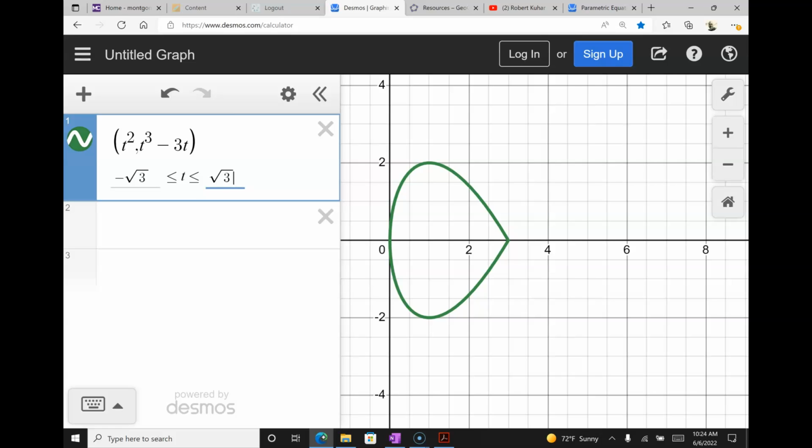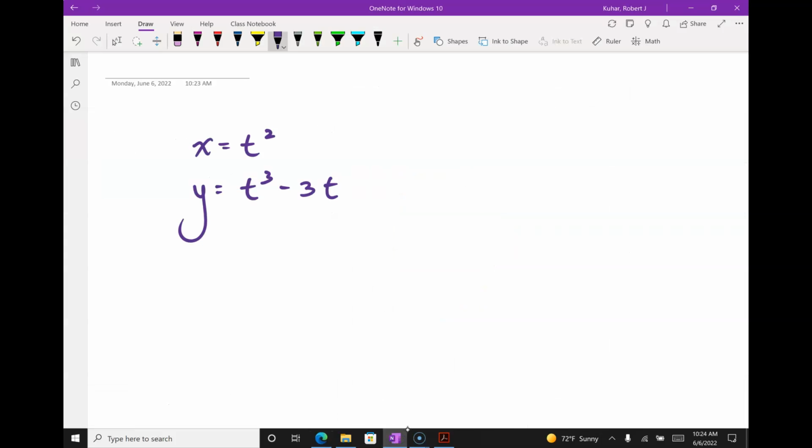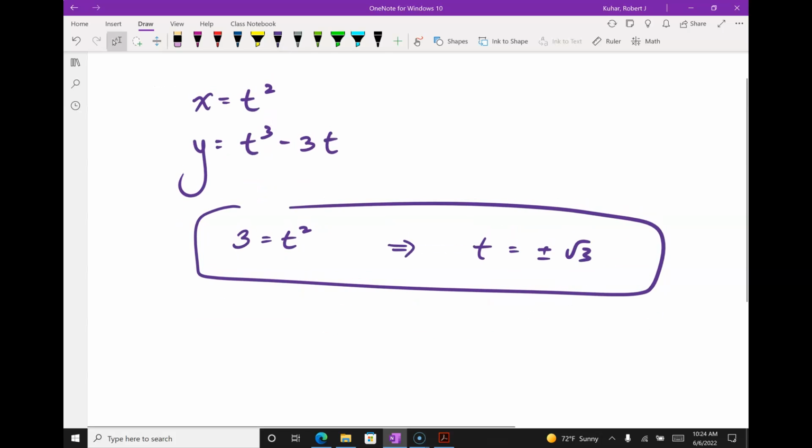But remember, I have to find out where t is starting and where t is ending. So first of all, I know that I got 3 equal t squared. And from there, it's obvious t equals plus or minus root 3. So that's where I'm getting it from. It's that simple. I can certainly set these equal to each other, right? So that one turned out to be quite simple. But if I set them equal to each other,